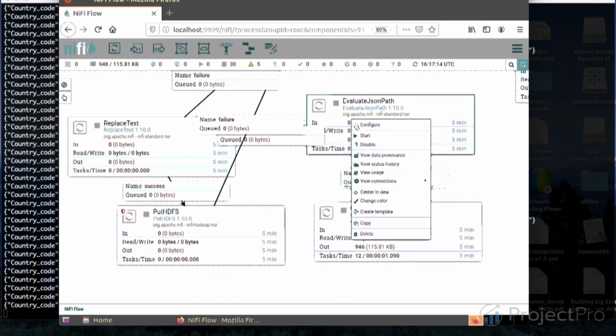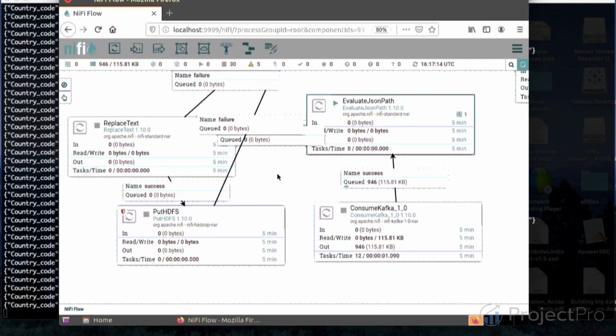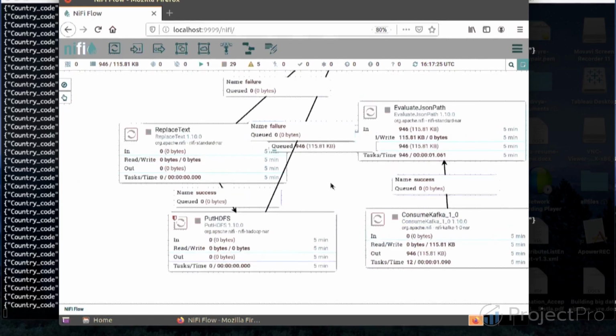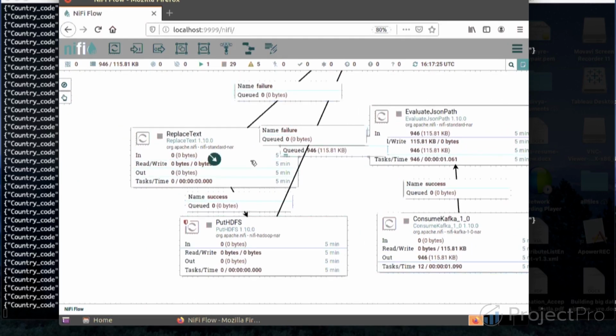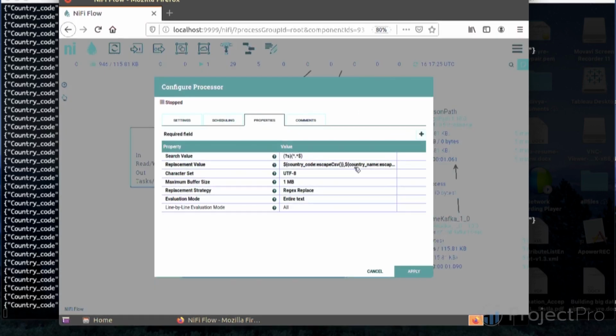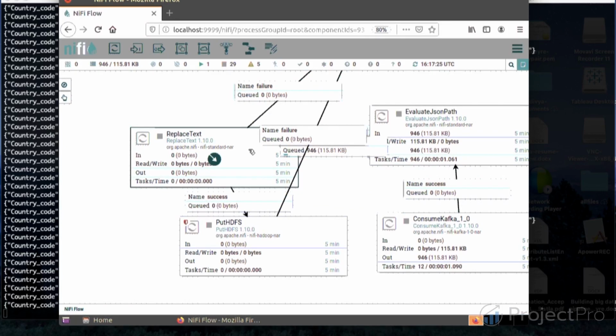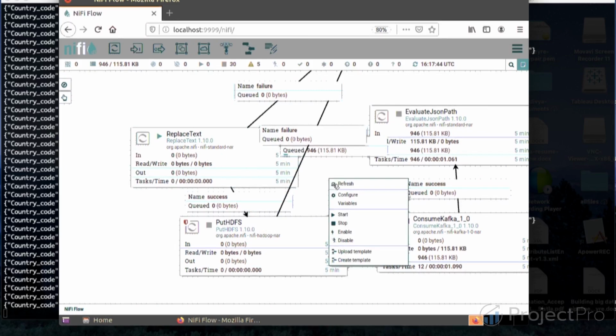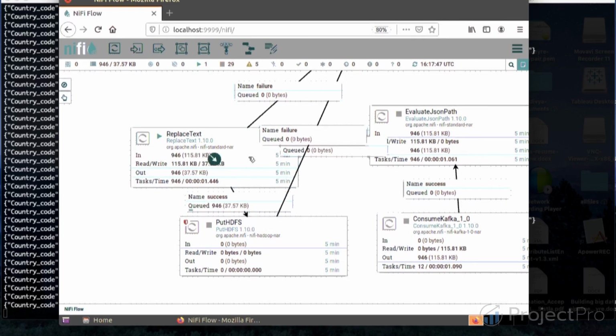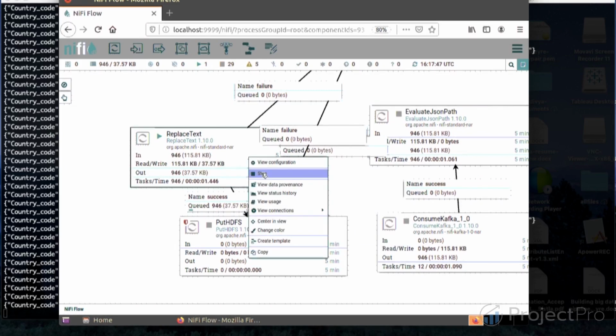In this EvaluateJSONPath, we start the processor and do a refresh so that the data gets evaluated from JSON. We are parsing the data again. Now this ReplaceText processor will replace the data from JSON to CSV. So we'll run this ReplaceText to parse the data into CSV, and finally store the processed data onto HDFS.